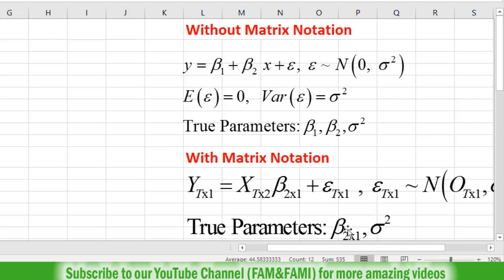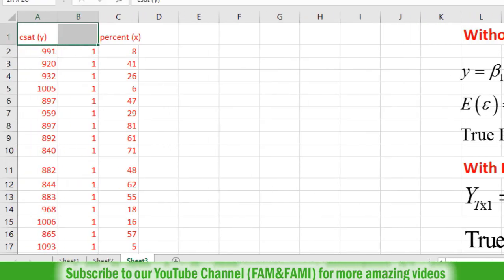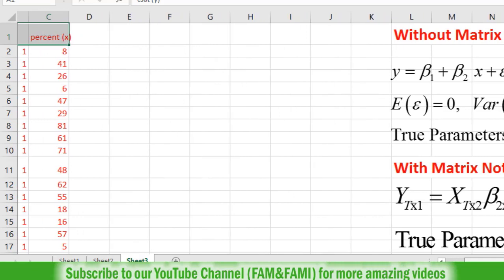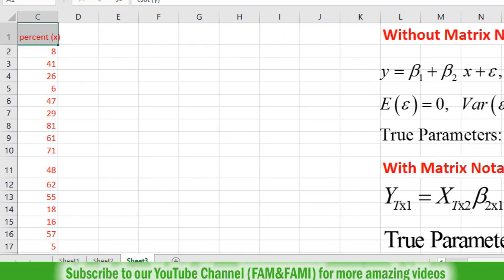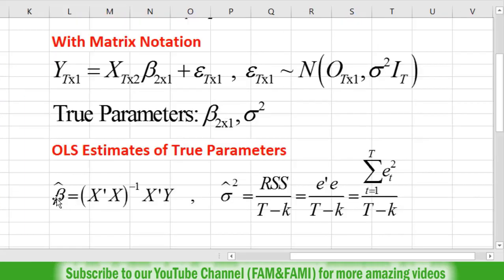Since we know that these true parameters, in matrix form or non-matrix form, are unknown and unobserved, we can only estimate them. We can make a guess about these unknown parameters using some suitable method on some collected sample data. So here we have the data now, so we can estimate these true parameters using some suitable method. One method that we have discussed so far is the ordinary least square method. So we have a hat on this beta. Beta hat is an estimate of this true parameter beta.